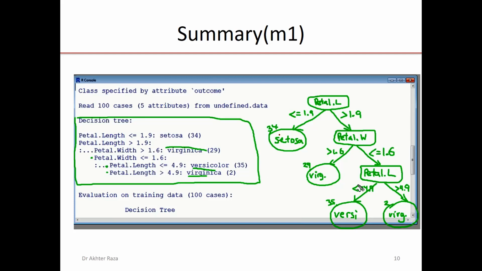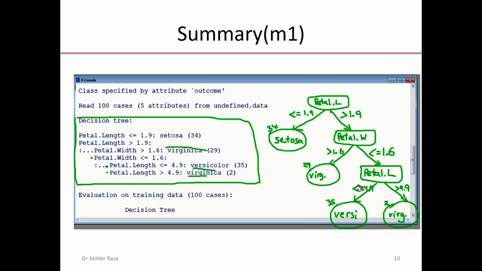So if we give this model unknown data with the 4 parameters, the length and width of the petal and the length and width of the sepal, then if the petal length is smaller than 1.9, it will classify as setosa, because it is the only one category.